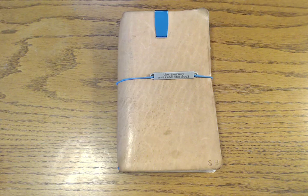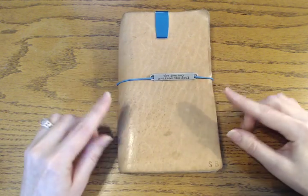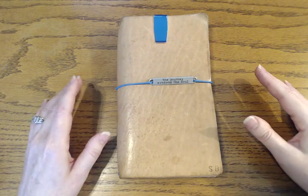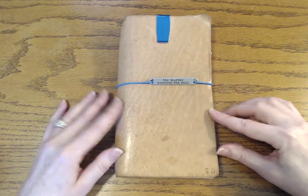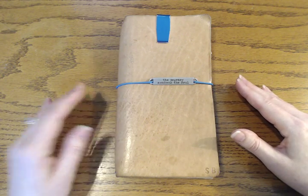A lot of videos out there will talk about the Traveler's Notebook. When they open it up, it has this powdery feel to it. It has a film on it that they don't like, as well as the smell. It takes a few days to a week to get the smell out of there. Normally leather has a really, really great smell. So those are just a couple of the negatives that I think about the Midori Traveler's Notebook, as well as